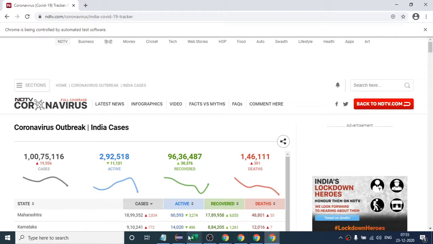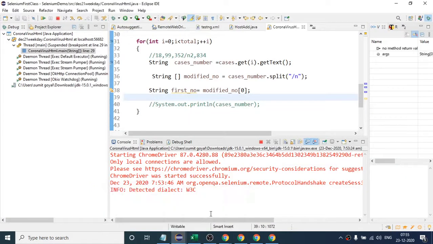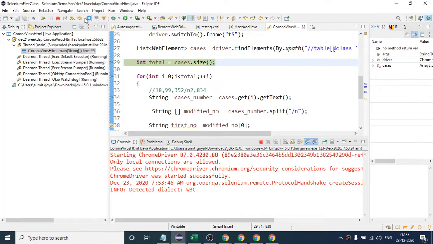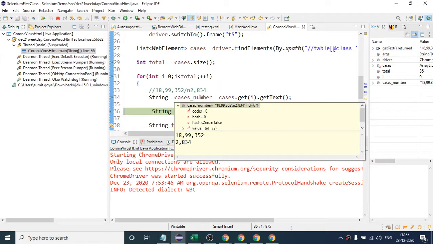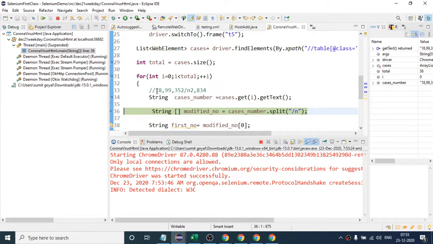Okay, so website is loaded completely. Now we are here. So it will give me the total as 36. Once this is invoked, how is it giving me the number? See here, it is giving me number slash n and the second number.